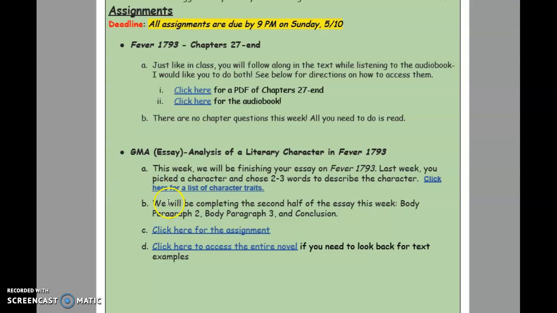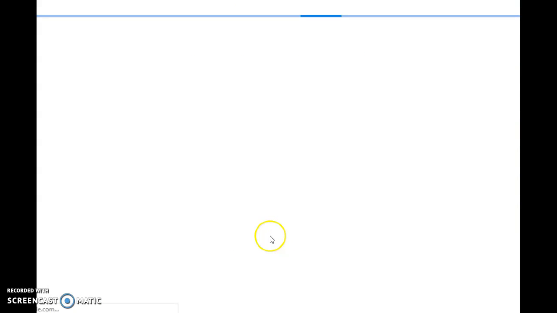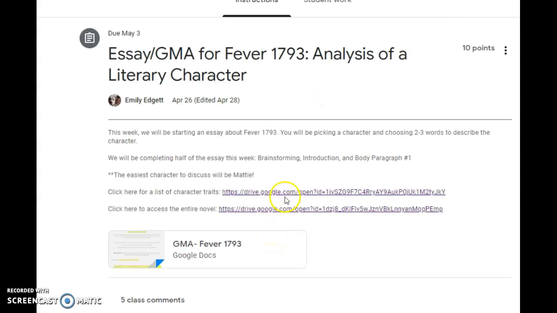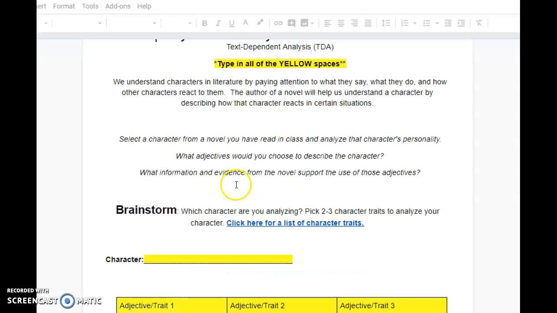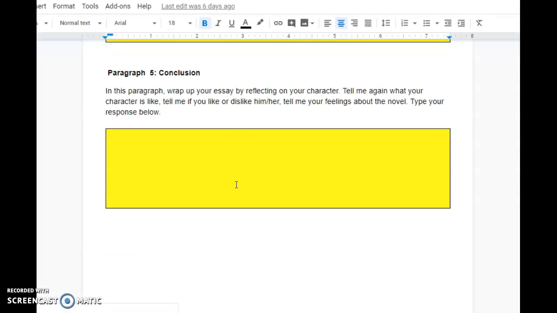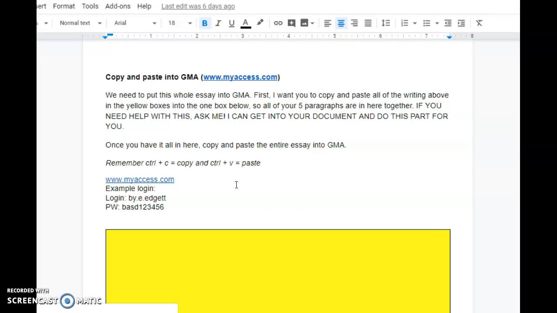Something that I want to point out that's at the bottom of this assignment, and this is something else that you will have to do this week. If you go all the way at the bottom, you'll see copy and paste into GMA. So we do need to put this entire essay into Go My Access, just like we do in class when we're in school.